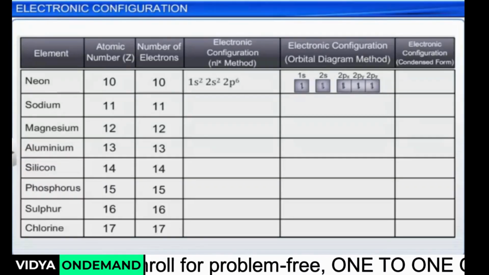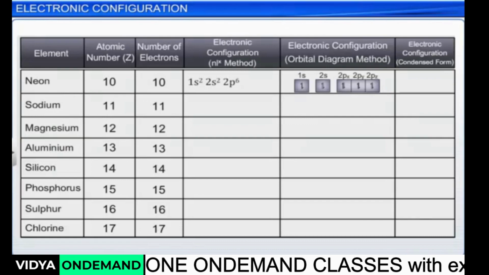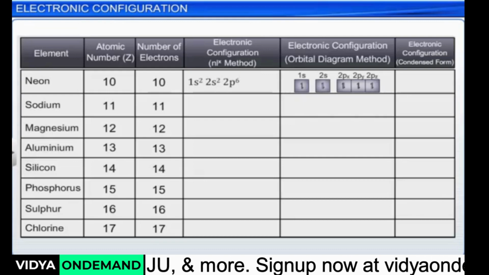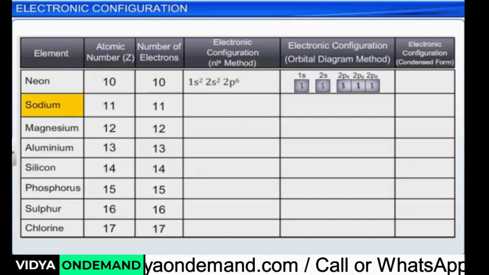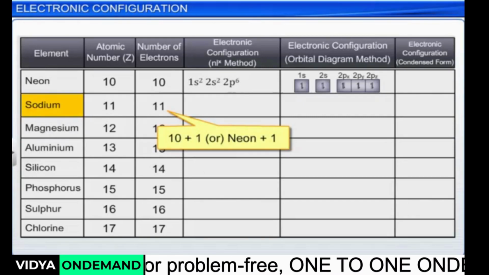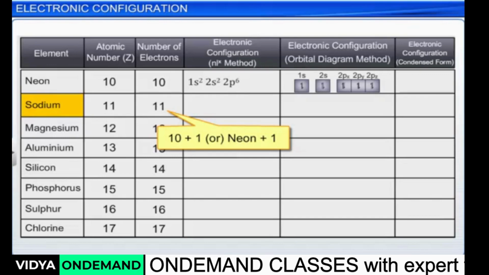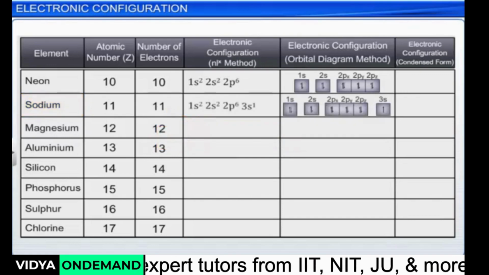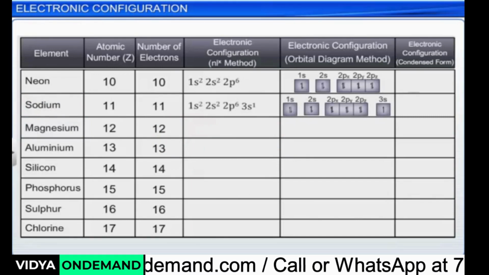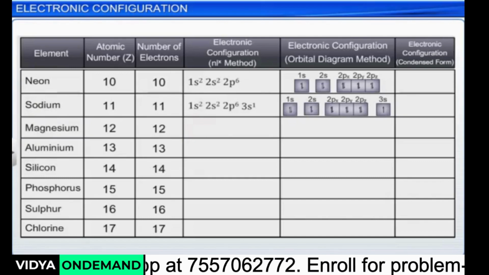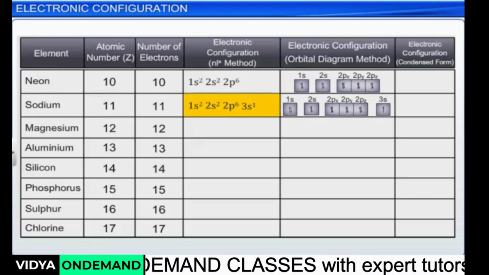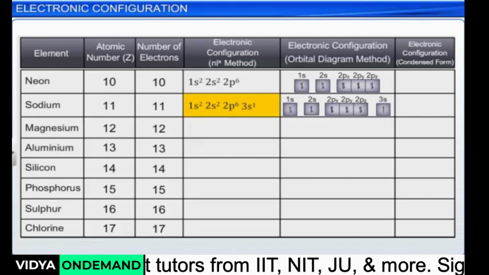We can also write the electronic configurations of most of the elements in a simplified manner or condensed form. For example, the element sodium, that has 11 electrons, has 1 electron more than its nearest noble gas, neon. The 11th electron will enter the 3s orbital. Therefore, the electronic configuration of sodium, which is 1s2, 2s2, 2p6, 3s1,